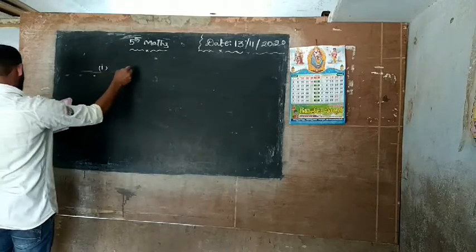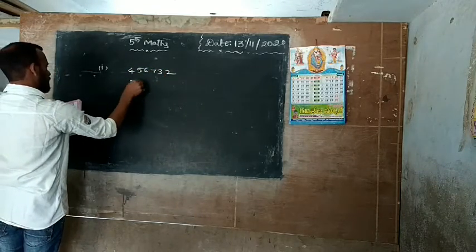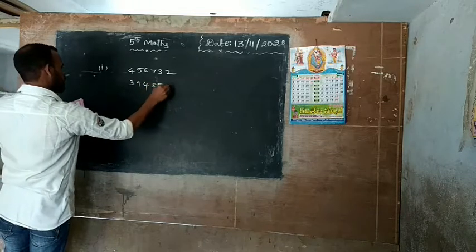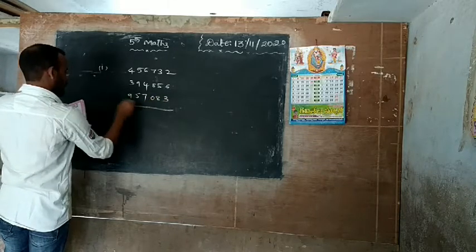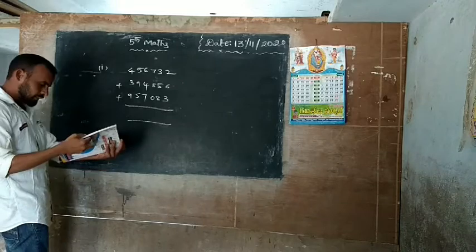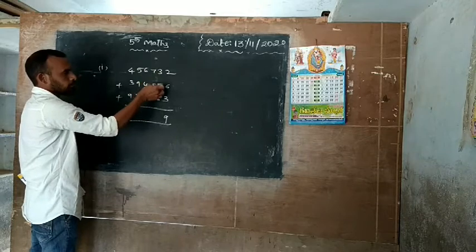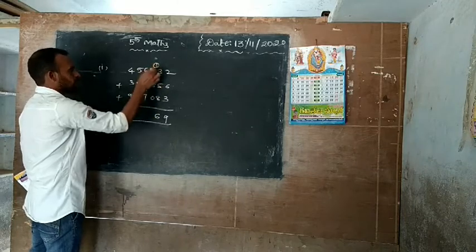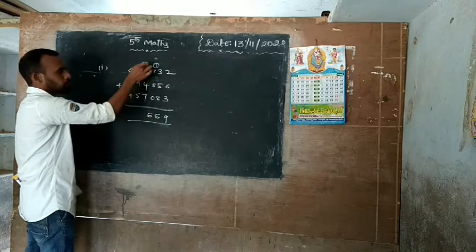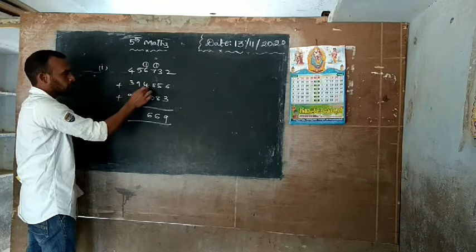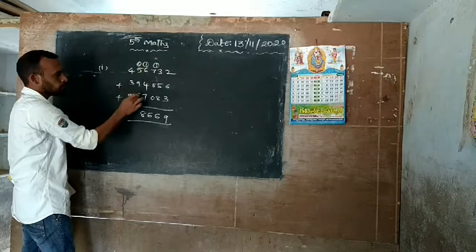I will explain only one, the remaining you solve. 4,573,239 plus 485,695,708,3... Addition problem, beta, very easy problem. See now, 6 plus 2, 8. 8 plus 3, 9. 3 plus 5, 8. 8 plus 8, 16, 1 carry. 7 plus 1, 8. 8 plus 8, 16 plus 0, 16 only, 6, 1 carry. 6 plus 1, 7. 7 plus 4, 11. 11 plus 7, 18, 1 carry. 5 plus 1, 6. 6 plus 9, 15. 15, 5, 20, 2 carry.